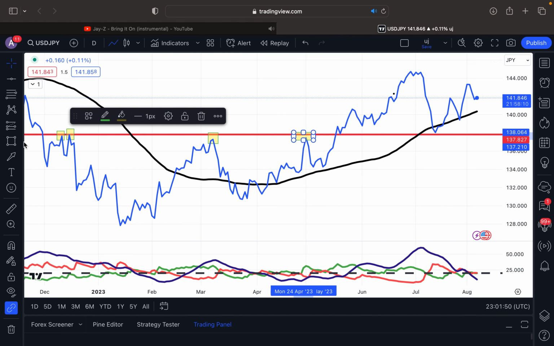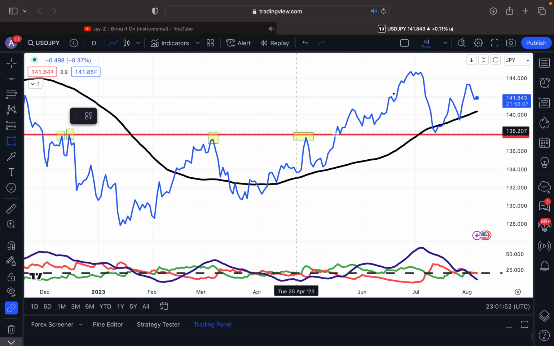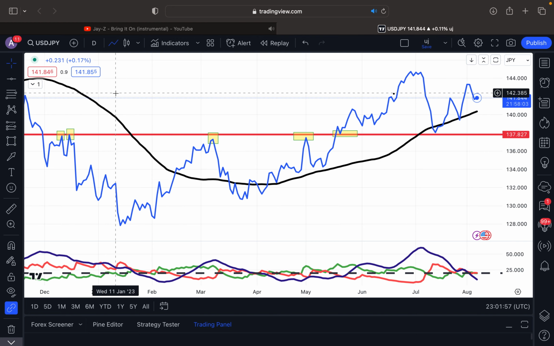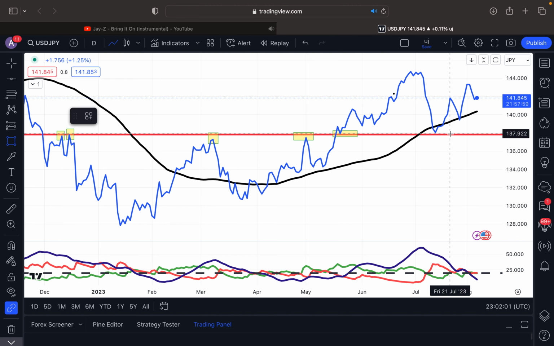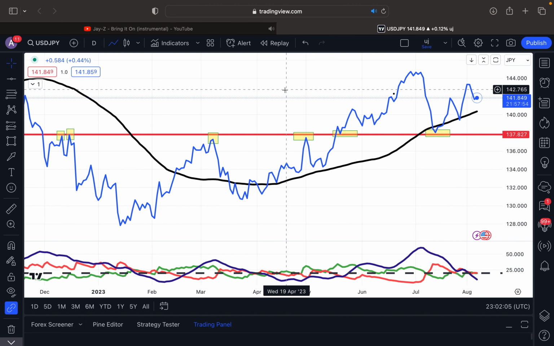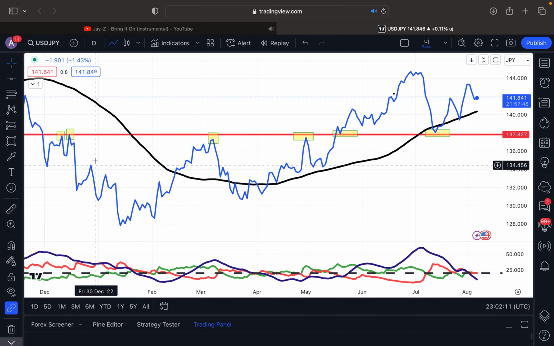It's based off how many times this area touches this line, both on a resistance side and a support side, right? It has to be both. It can't just be support, and it can't just be all resistance. I wanted to see it to be able to be both support and resistance, consider that a major area of support and resistance. And as I look at this daily support and resistance level, which is right here at 137.827,